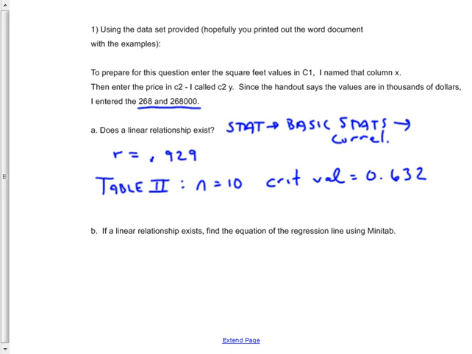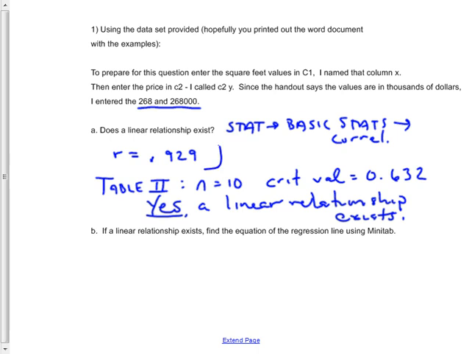If our correlation coefficient is negative, just take the absolute value, basically ignore the negative sign. So even if this had been r equals negative 0.929, we'd say that still exceeds this value in the table. So we can say yes, a linear relationship exists. But if I ask you to do this on a quiz or test, you'd have to show all of that. Show what the r value is, look at Table 2, and then base your answer on the r comparison to